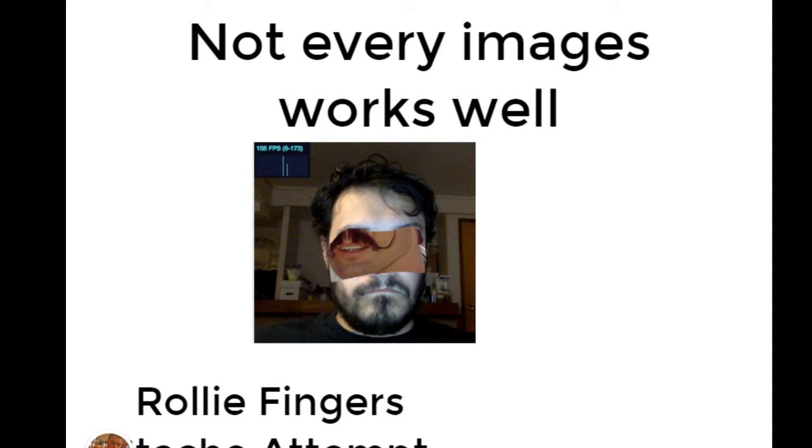So not every image works well with this, though. This is me trying to do Rollie Fingers, one of the old pitchers from the heyday of big mustaches in the major leagues. It found his teeth and around it and thought it was an eyeball, because the overall shape and the darkness around it fooled it. So there's definitely tweaking. Like I said, Snapchat's great at this, but this has given me a mustache, mouth, eye patch, basically.